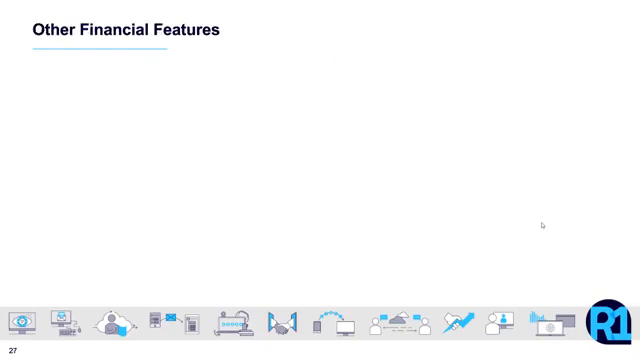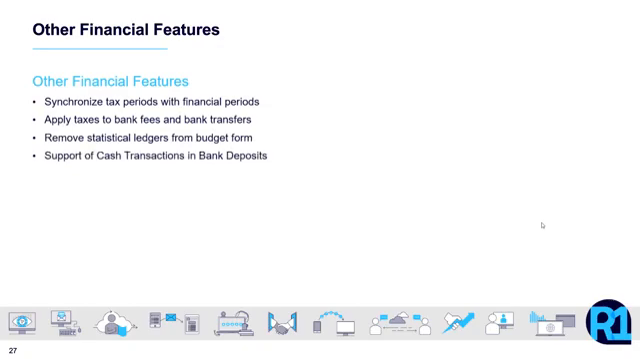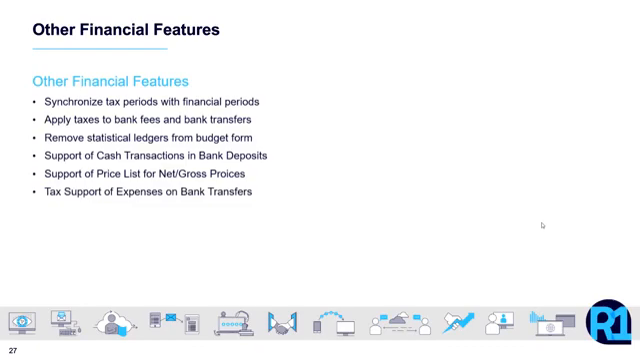Other financial features that we're not going to have time to touch on today, but do appear in the Acumatica 2021 R1 release, include synchronization of tax periods with financial periods, the ability to apply taxes to bank fees and to bank transfers, the removal of statistical ledgers from the budget form, the support of cash transactions in bank deposits by allowing us to select accounts that are clearing accounts within the cash transaction screen,